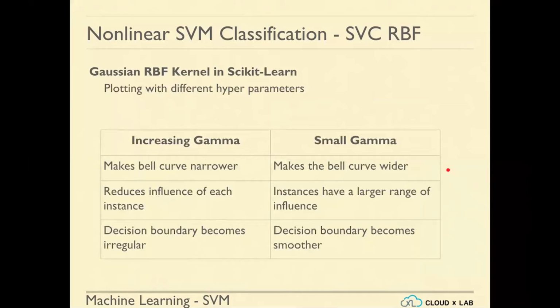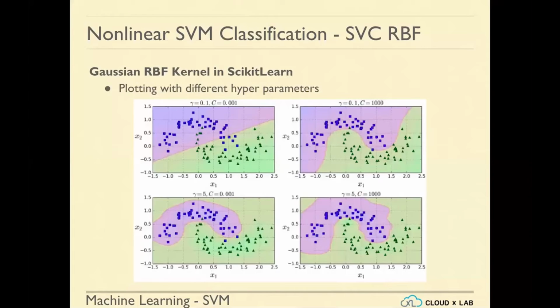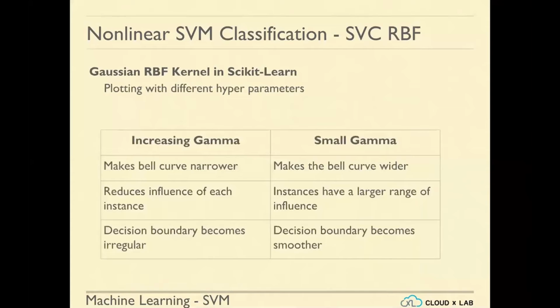Increasing gamma makes the bell curve narrower. Yes, and the opposite is also true. Decreasing gamma makes the bell curve wider. Increasing gamma reduces the influence of each instance, meaning